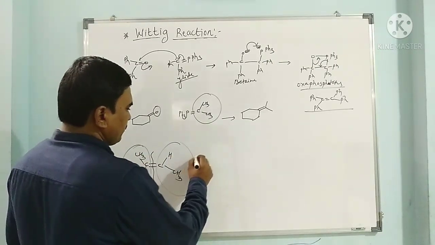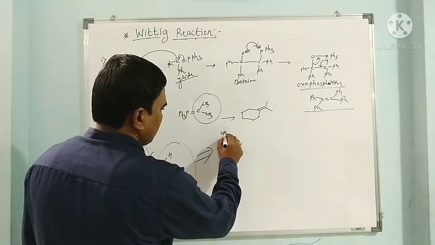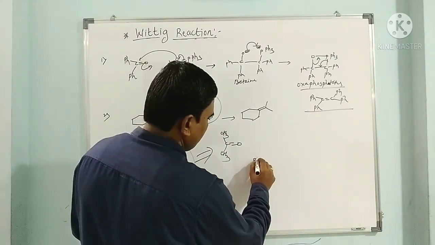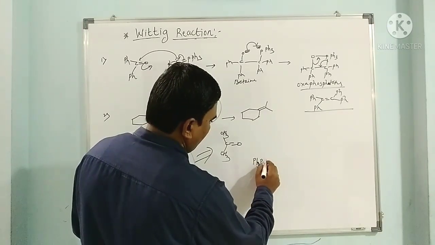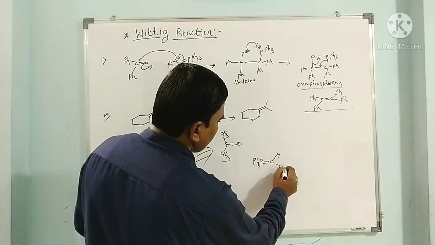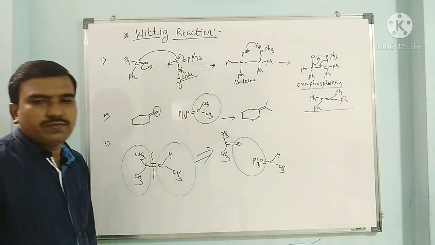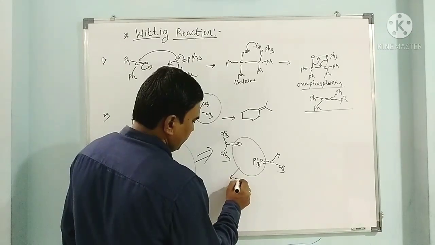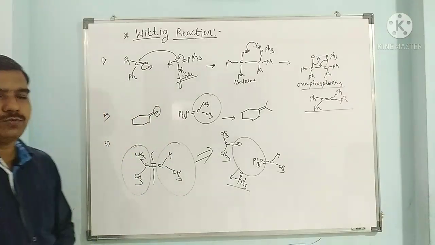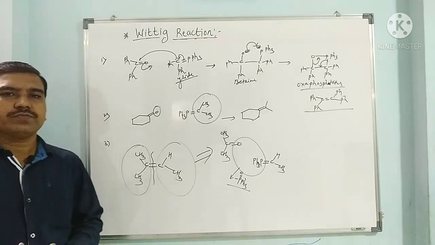So how can we get this carbonyl compound? When we take acetone and it reacts with this ylide, so this is Ph3P=CH-CH3. When these react with each other, this triphenylphosphine oxide is lost, minus POPh3. So this triphenylphosphine oxide is lost and we get this compound as a product. So in this way we can get the desirable kinds of alkenes as a product.